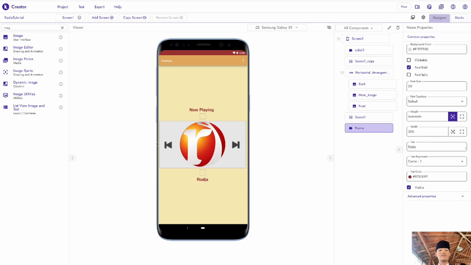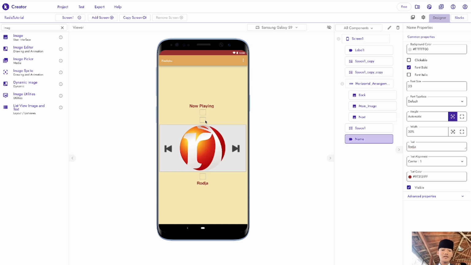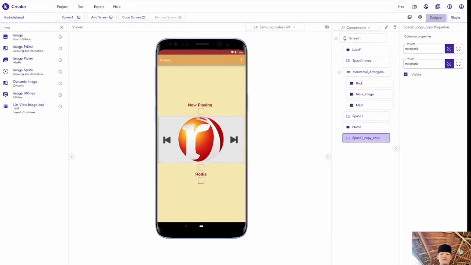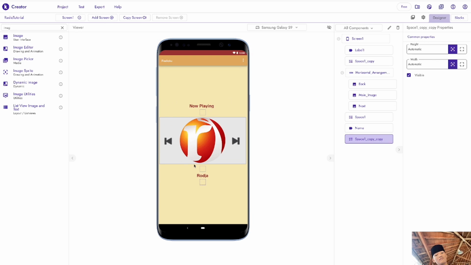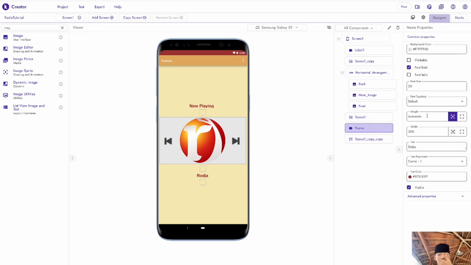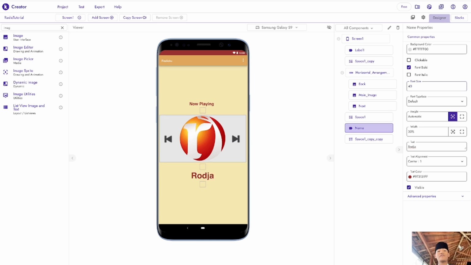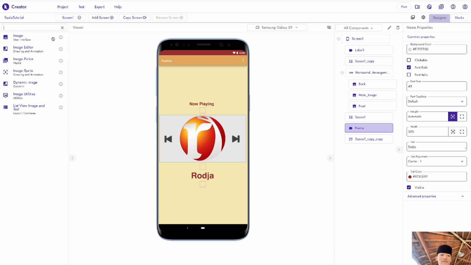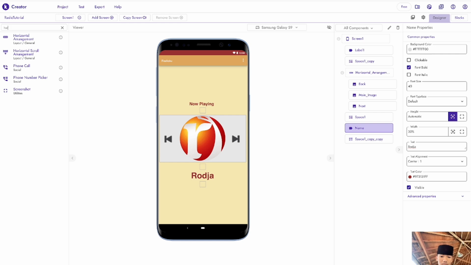Next, under that, we're going to put another space here. So duplicate the other space again, put it under here. Okay, all good. And next, maybe Roja or the name. We will change the font size here to be 40. Now 40 will be great. So next, we're going to have a horizontal arrangement here.